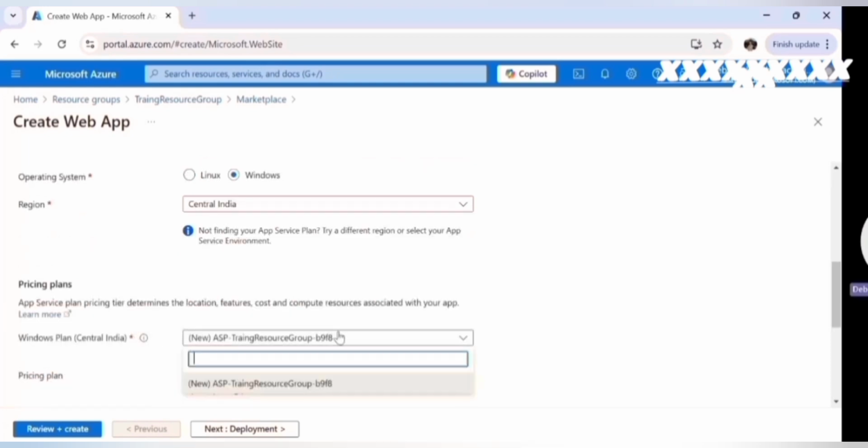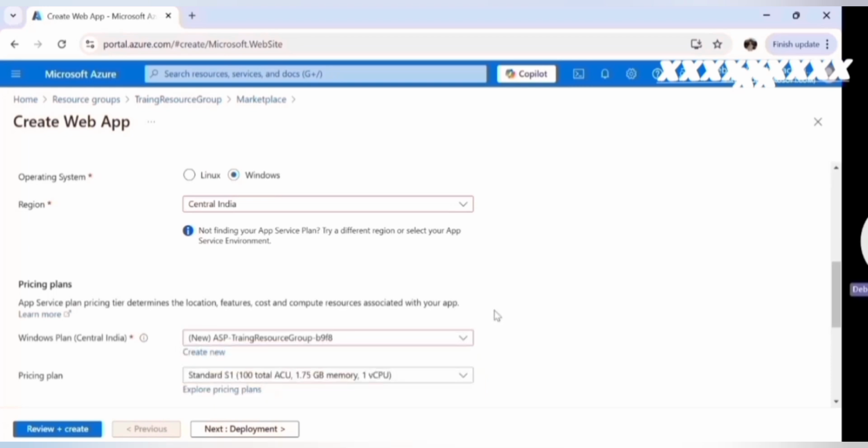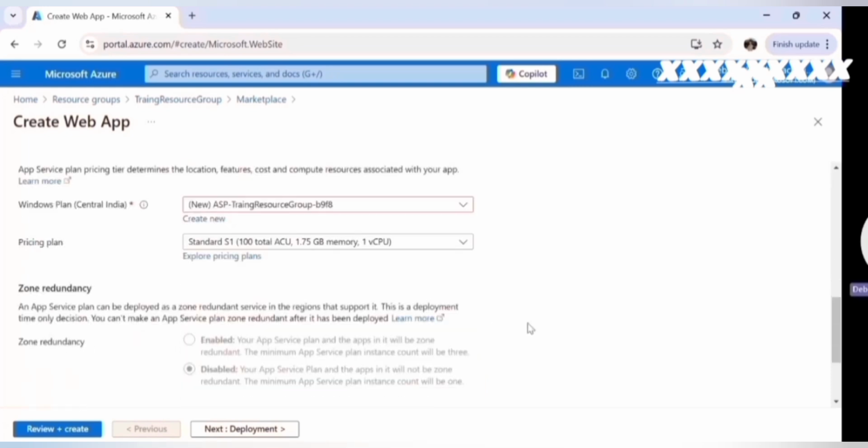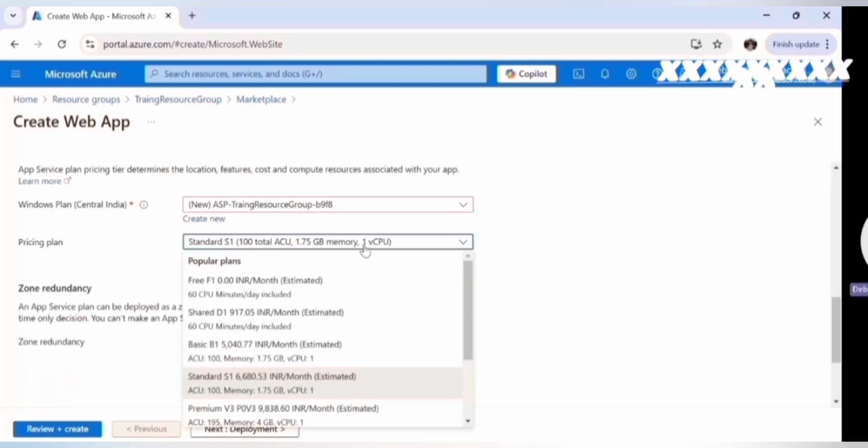The pricing plan is here. You have the Windows plan, which comes by default, so for you also only one option will come, and you have to select it. Sorry, if you have the free version, then the free option will come. And for the pricing plan, by default, they are always suggesting the